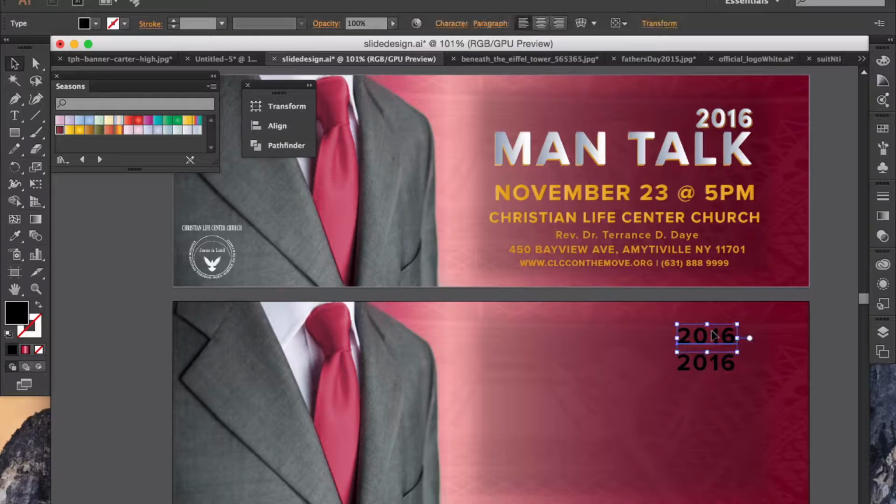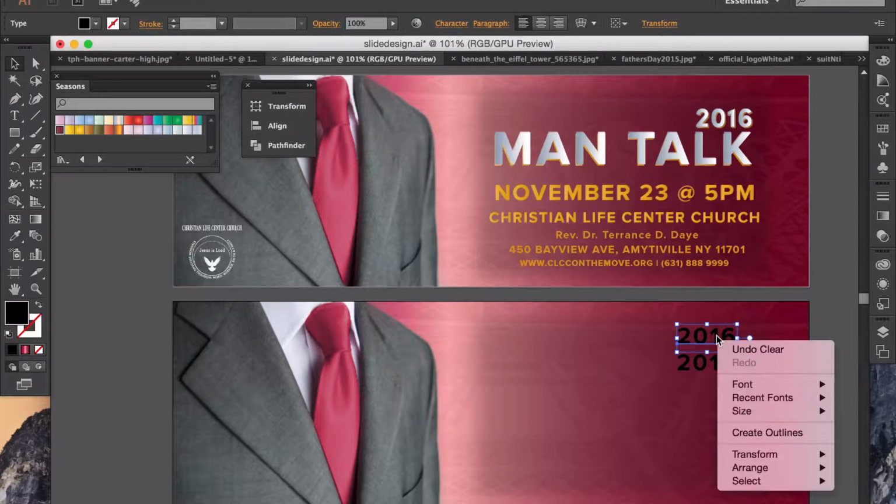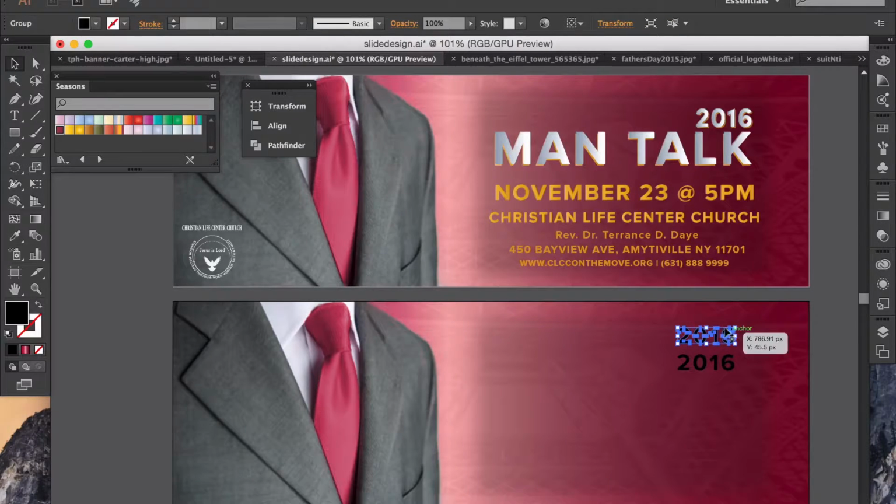We're going to click the first one, right click, and choose the create outline option. What that does is allow us to put gradients on text. So in order to have a gradient on your text, you have to have it in an outline format first. Okay, once you do that,